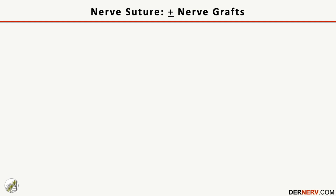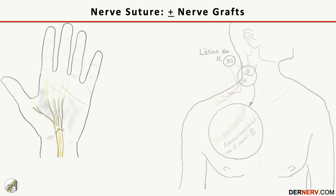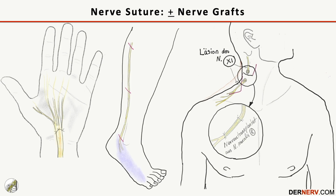In this technique, we reconnect the severed nerve ends to each other using microsurgical techniques and electrophysiological testing to see which nerve fiber belongs where. Sometimes a direct coaptation of the nerve is not possible because of a defect injury. In this case, a segment of the sural nerve or other sensory nerve is harvested and transplanted to bridge the